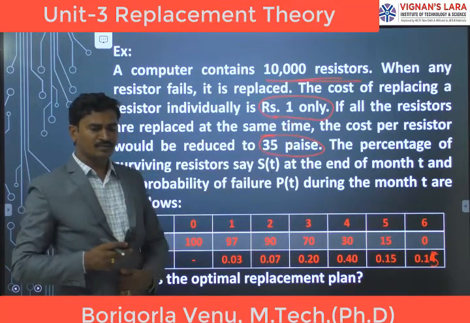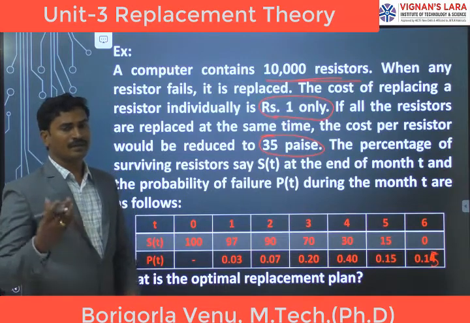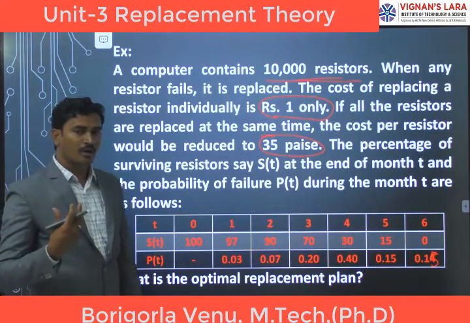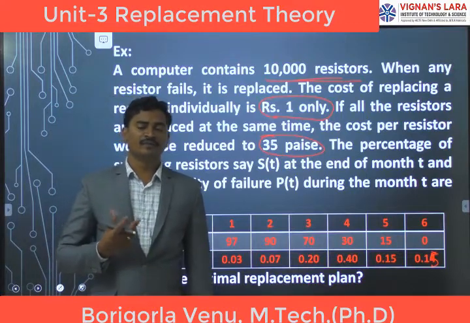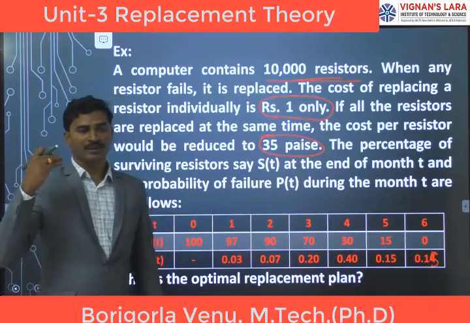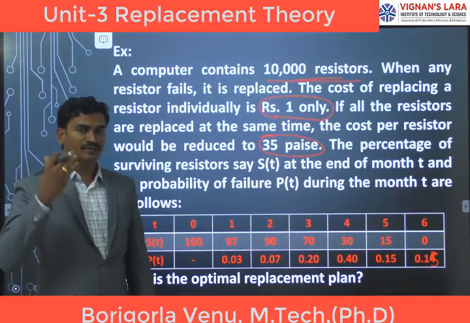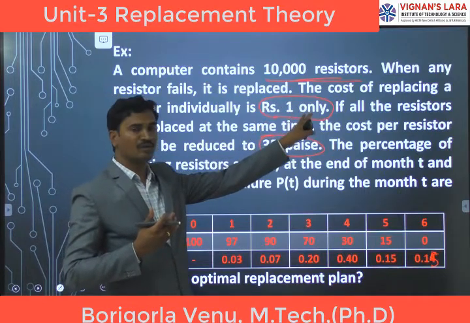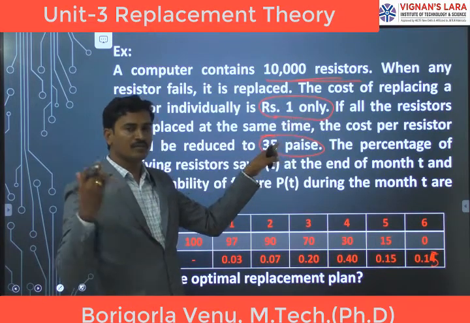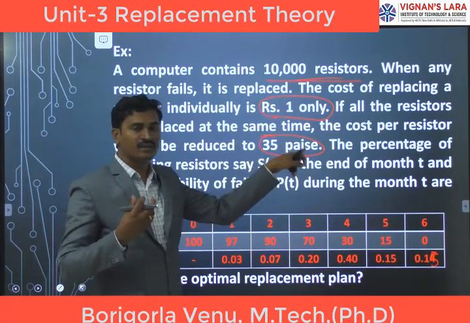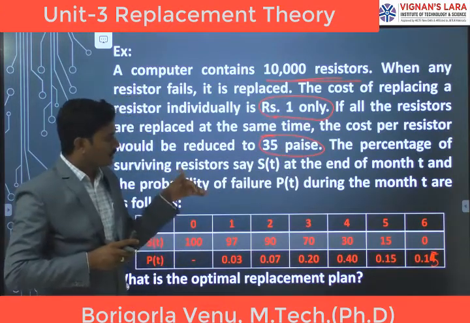If we go to electronic shops, they will ask how many pieces you require. If we ask for very few pieces, they quote a very high price. If we ask for a bulk number of products, they will reduce the price. Like that, here also one resistor costs only ₹1. And if we take a group of resistors, that means we collect many resistors, 10,000 resistors, then they will give the 35 paisa rate. Okay, now coming to the